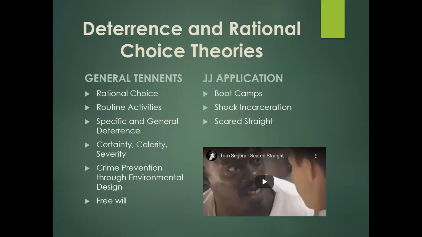An example of general deterrence would be the death penalty, right? If we put somebody to death, we are not then expecting that we need to even, I guess it is deterrence, but that level of incapacitation is not such